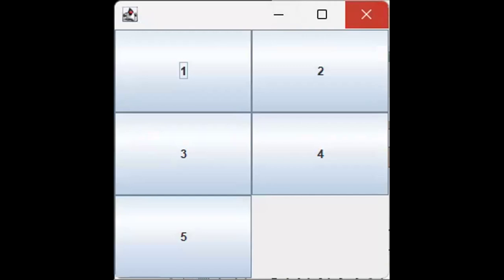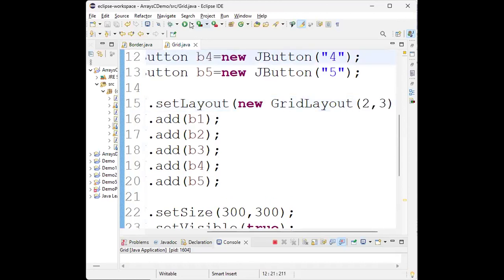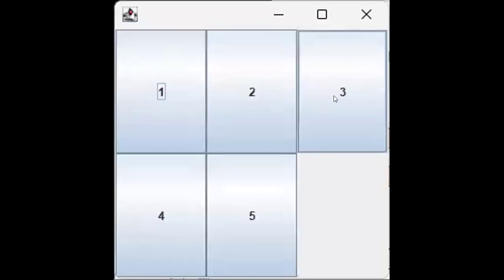As you know, inside the program I have done the reverse, 2 rows and 3 columns. Now click on the run button. You can see inside the output, now there are 3 columns and 1 and 2 are rows. The first parameter defines the row and the second parameter defines the